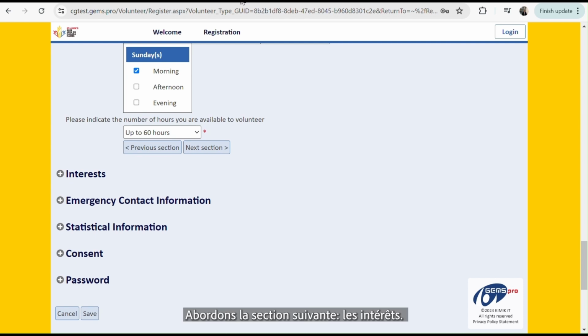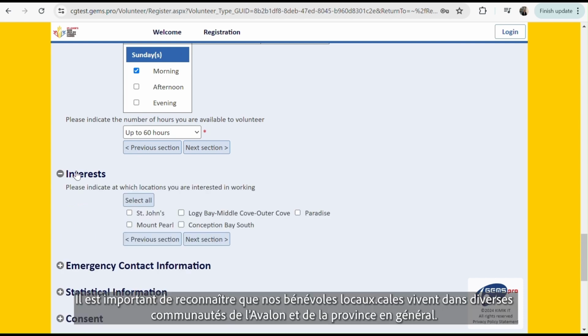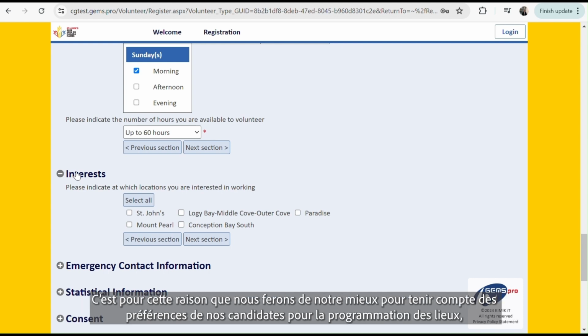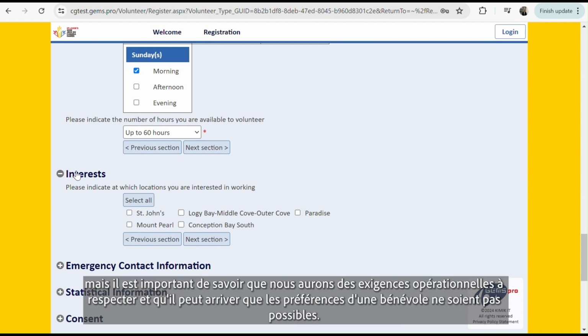As we move into the next section, interests, it is important to acknowledge that our local volunteers live in a variety of communities across the Avalon and the province in general. To accommodate this, we will do our best to take our applicants' preference into consideration for venue scheduling, but it's important to know that we will have operational requirements to meet,